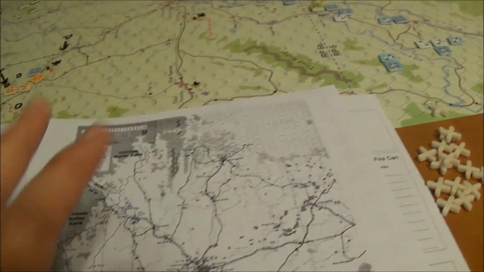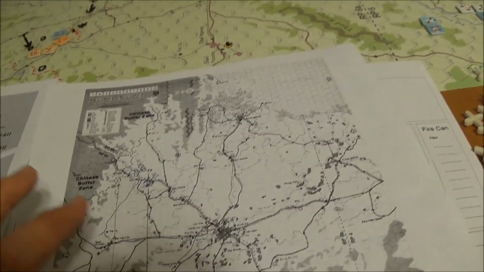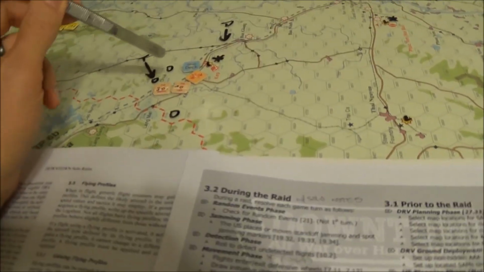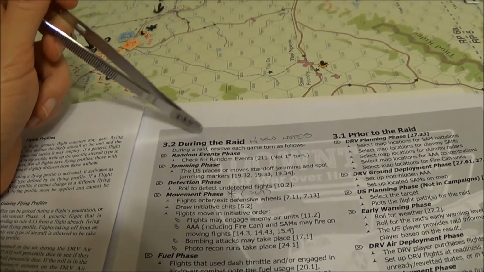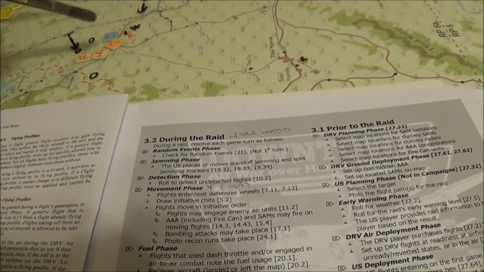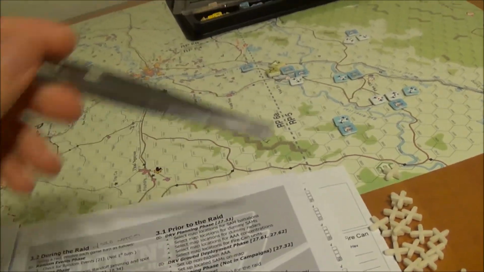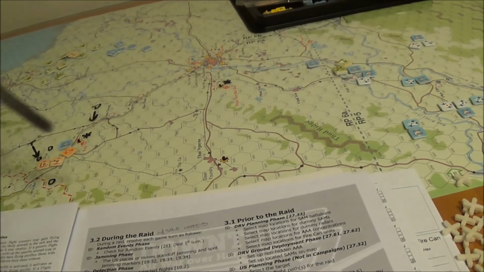So each player has some things to do. In the solo, you set up your mission, your raid, and then the DRV is going to get things up on the board that are going to make it harder for you to be successful. I need to resolve this real quick and I'll come back and we'll just go through one turn. It'll show pretty much how it happens for both players if you wanted to play one side or the other. Opposed, the solo rules are you just play the US as the bombing run takes its program path,